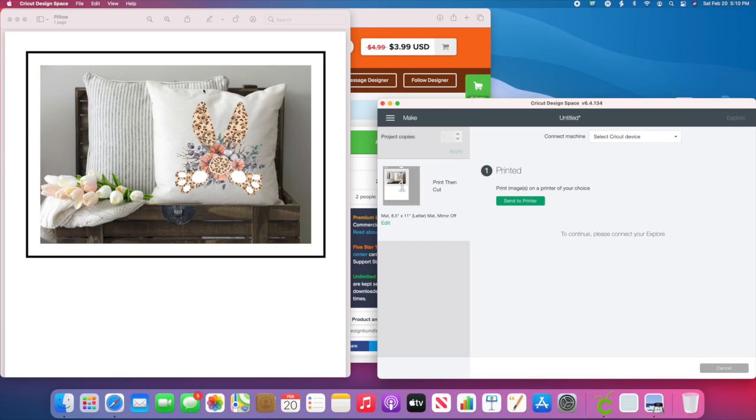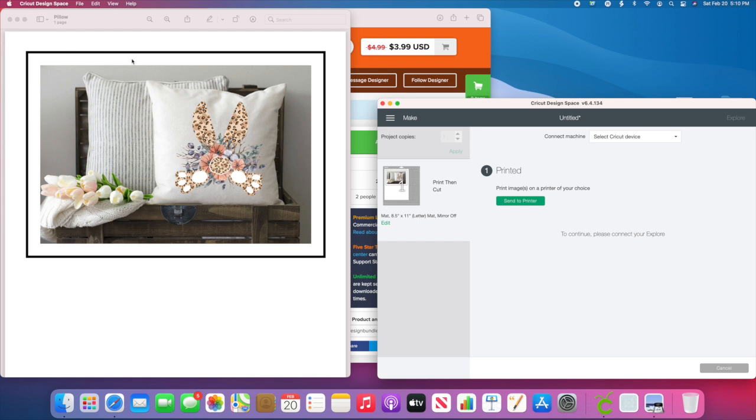All right, so now I've opened this from our desktop. So as you can see, it actually has that print and cut line, and I want to get rid of that. Also, I want you to note that that grainy look is gone. So those lines that I was talking about, now it's super clean and crisp. So don't worry about what you're seeing in Cricut Design Space. It's going to turn out very nice.